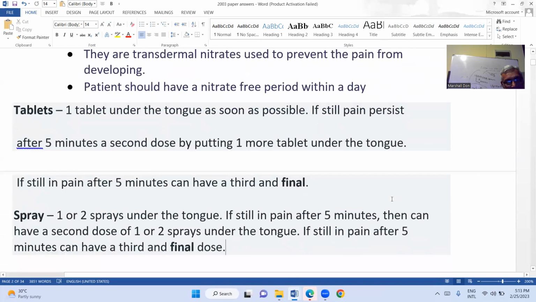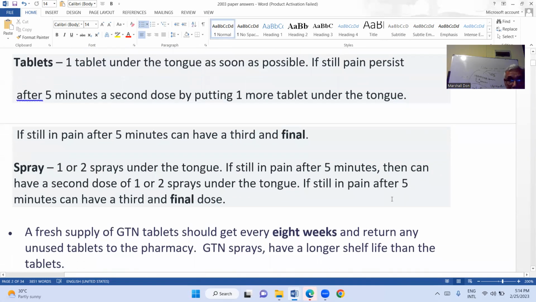Tablets: the patient takes one tablet under the tongue as soon as possible. Immediately after getting the chest pain, the patient should sit down. After 5 minutes, if the chest pain is still there, take the second tablet. If the patient still feels pain,